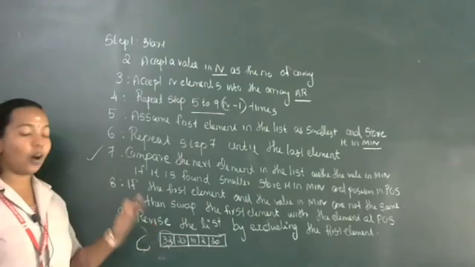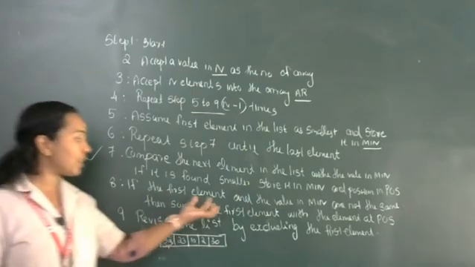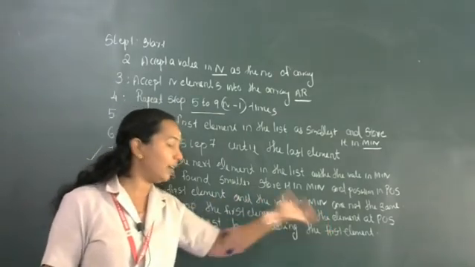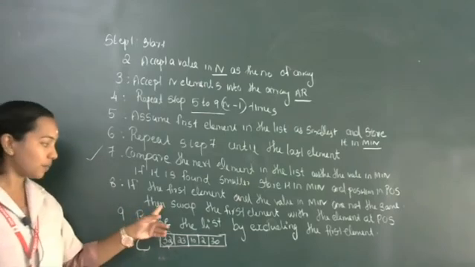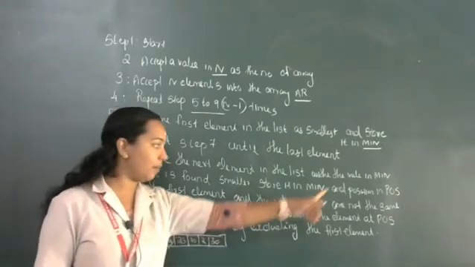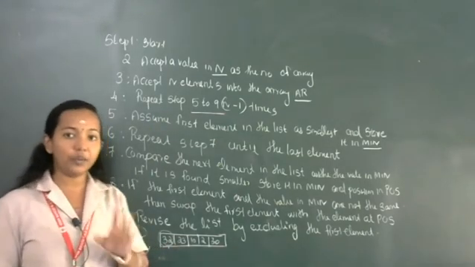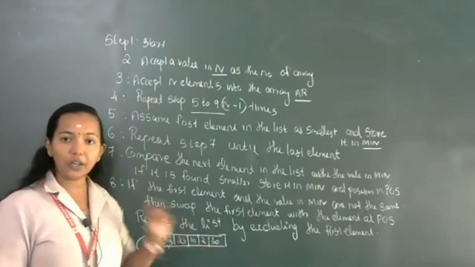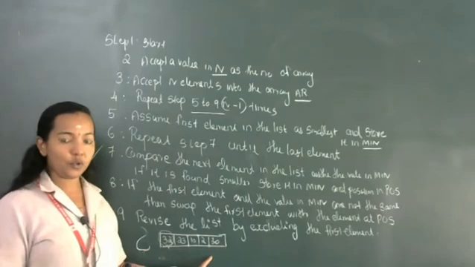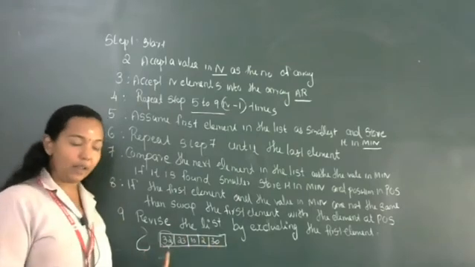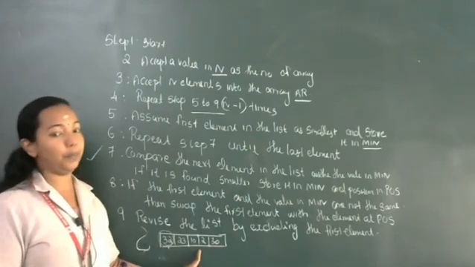At the end of the searching, if the first element and the value in min are not the same, if both are different, then you want to swap the first element with the element at POS. That means we get one value at last. So in the first pass we got 2 as the minimal element and it was found at position 3. So we are interchanging the first element with the value present at min and POS.